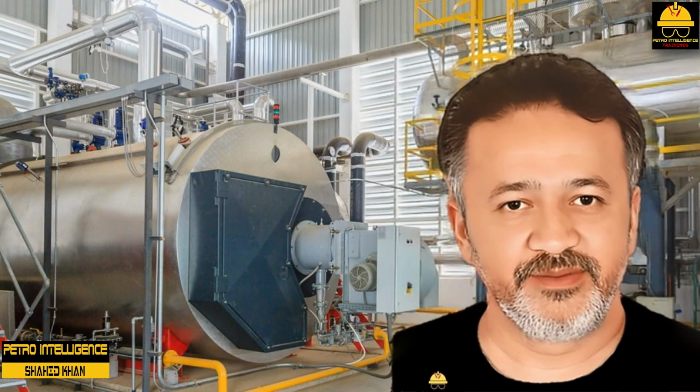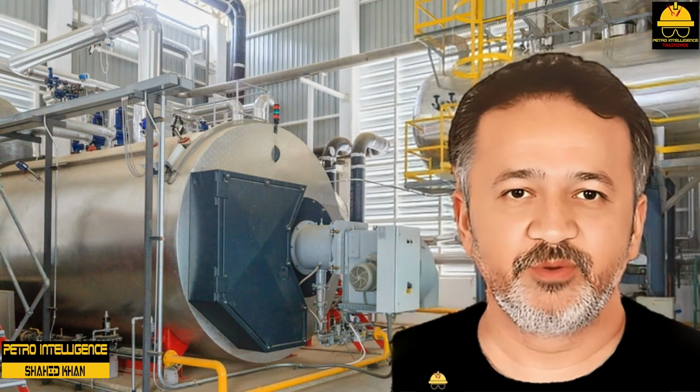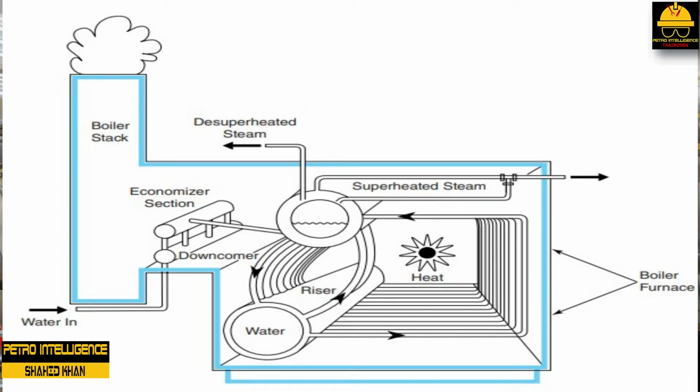Water tube boilers. The most common type of large commercial boiler is a water tube boiler, as shown in the picture. A water tube boiler consists of an upper and lower drum connected by tubes. The lower drum and water tubes are filled completely with water, whereas the upper drum is only partially full. This arrangement allows steam to pass through mechanical separators in the upper drum, flow to a superheater section, and then